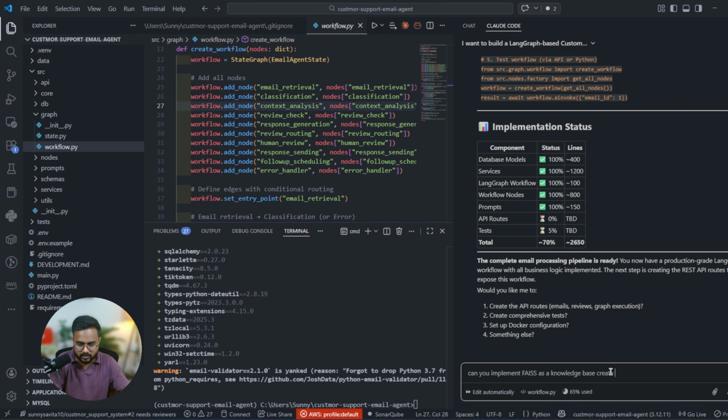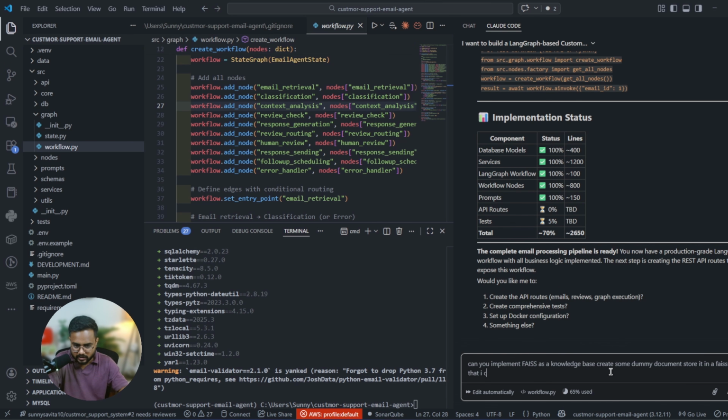Create some dummy documents, store them in FAISS so that I can retrieve the info from there and utilize it